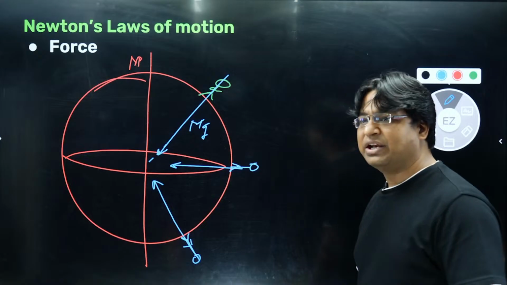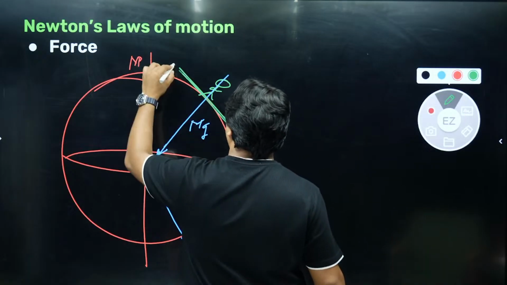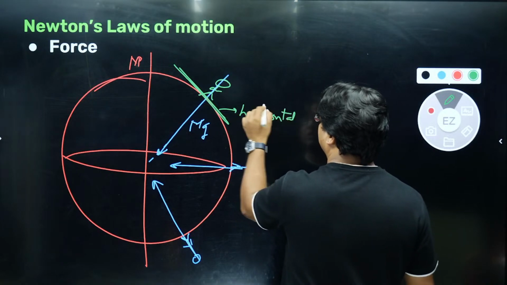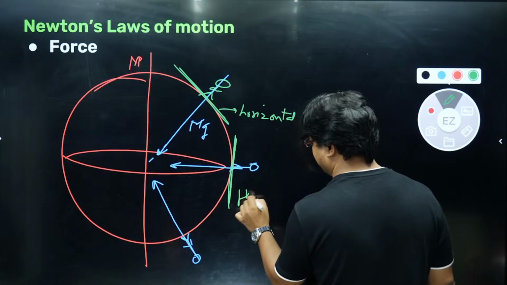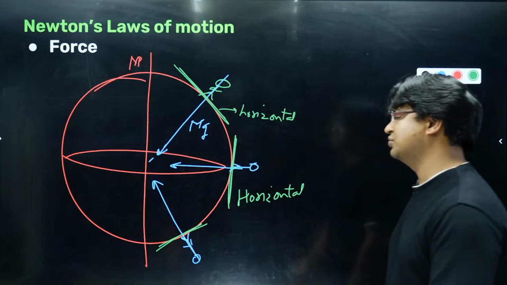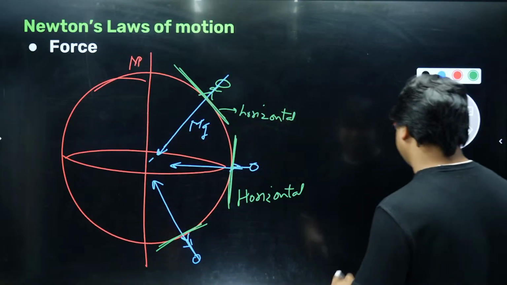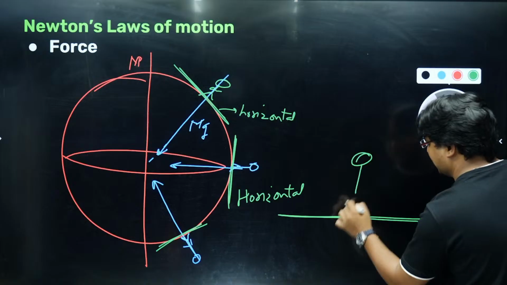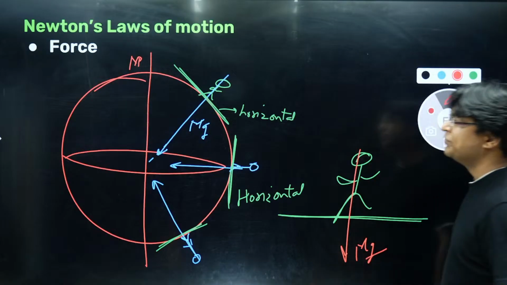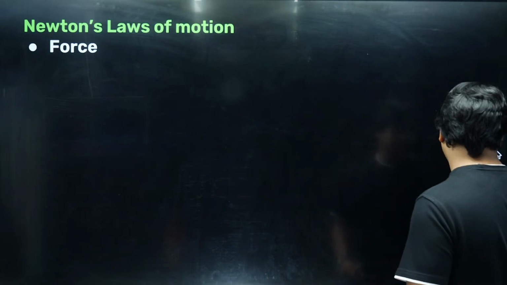So a vertical direction is a radial direction towards the center of the Earth, and a horizontal direction is tangential. At this point, this is the horizontal direction. At this point, this is horizontal. Keep in mind the idea of vertical and horizontal also. Usually things look odd only when we look at Earth from space. But if I say this is ground and a person is standing here, things remain quite simple. The mg force will act like this. So that's about mg. Now let's talk about the next common force.